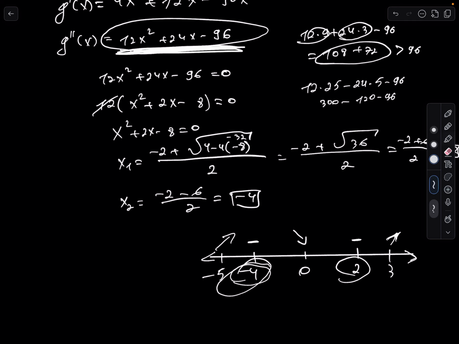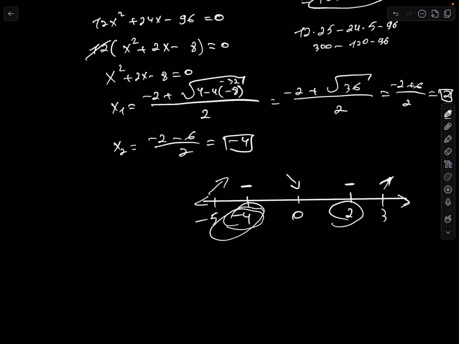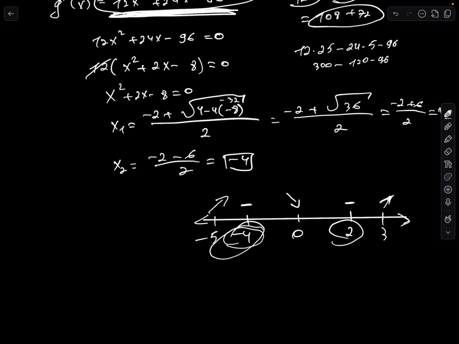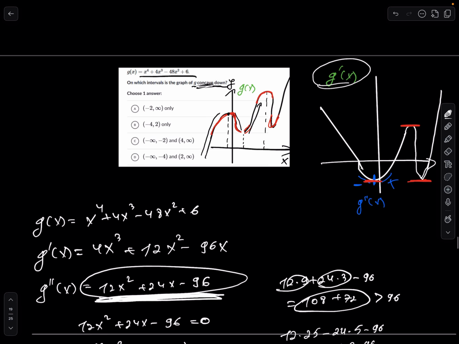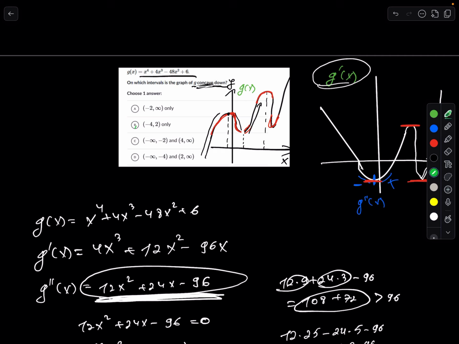Turns out that the explanation would be a little different. Well, in our case, concave down would be an equivalent of this sign, meaning when our second derivative is negative, while concave up will mean this sign up, that is pointing upward. So our answer is going to be x is between -4 and 2, which is exactly what we see in answer choice B. So let's not make such a silly mistake again, and let's just dive straight into the second